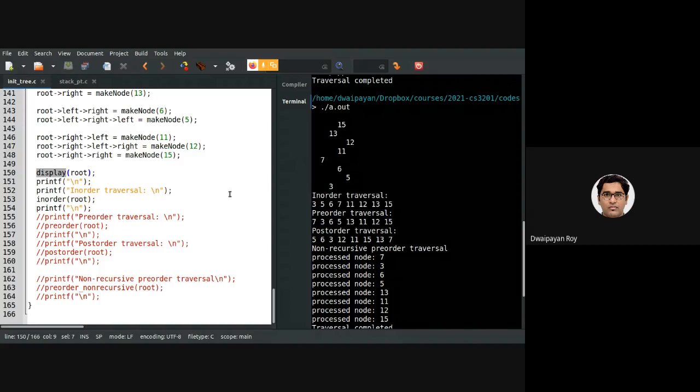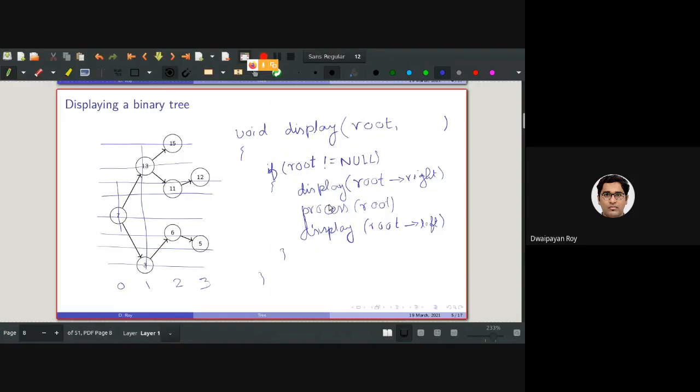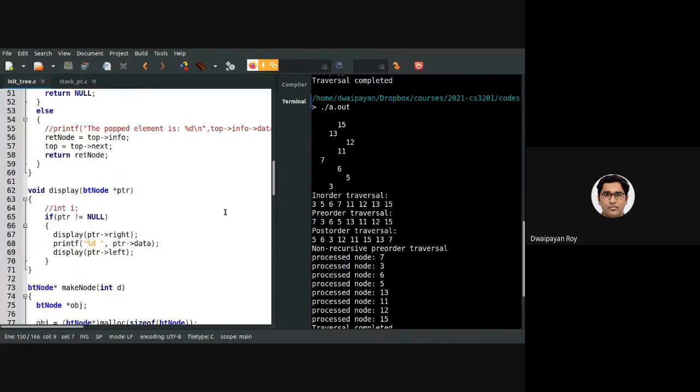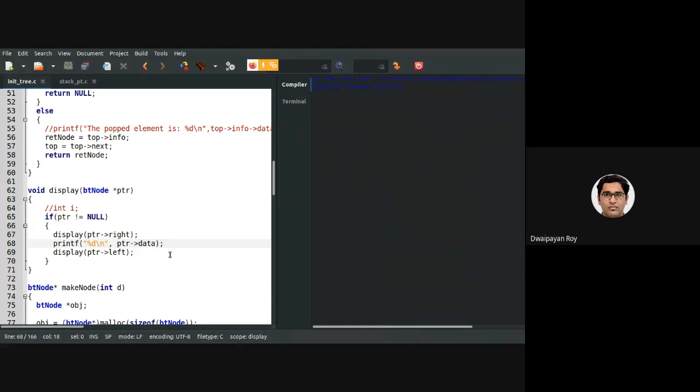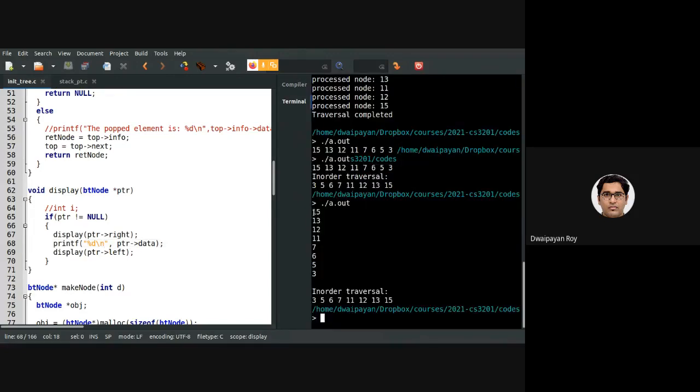Let's see what would happen. All right. So now the rightmost tree will be processed. And then, as you were saying, while processing, we will again put one /n here as well. So let's try to do that in the code. The display function is here. Of course, it will be printing in different lines.